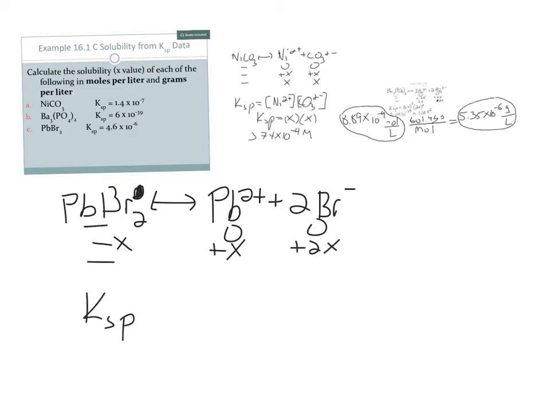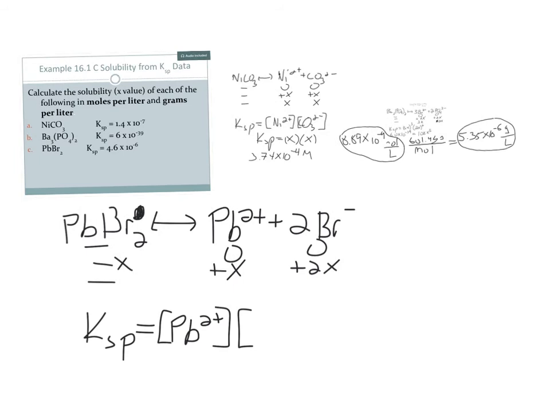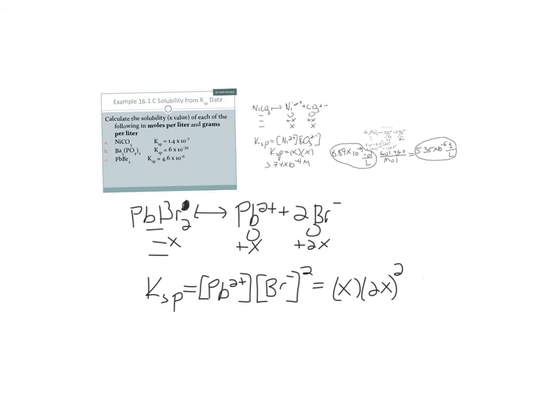Ksp is going to be the lead times the bromide squared. Remember, if they ask for expressions, you still need to write the expression, which is just the molecules, not the x's. Okay, so that comes out to be x times 2x squared. And for the lead bromide, our x value, we plug in the Ksp. X comes out to be